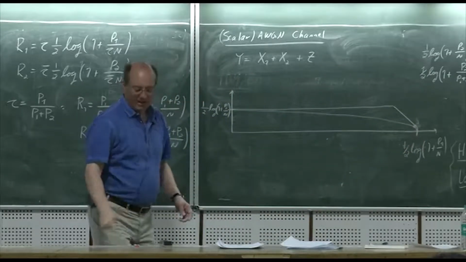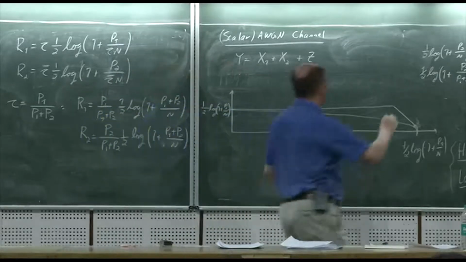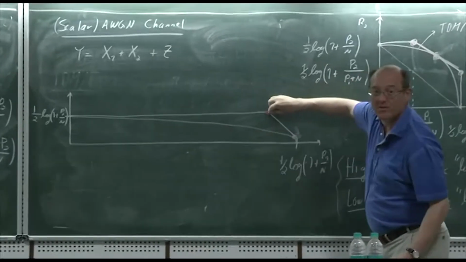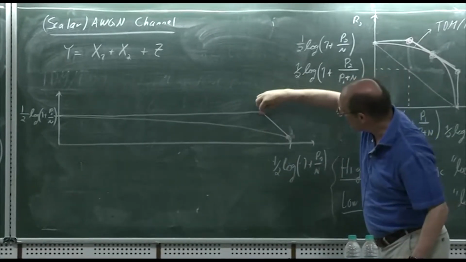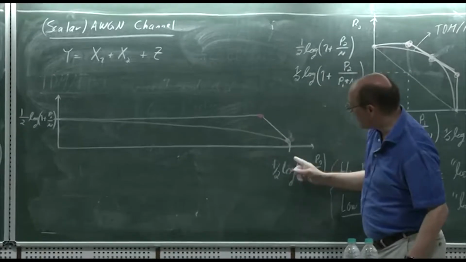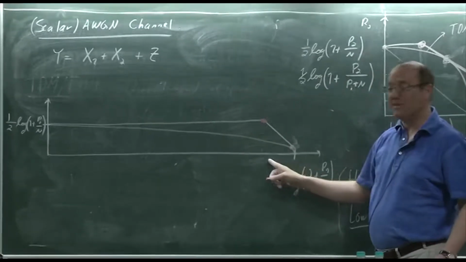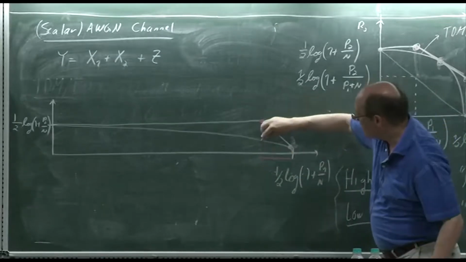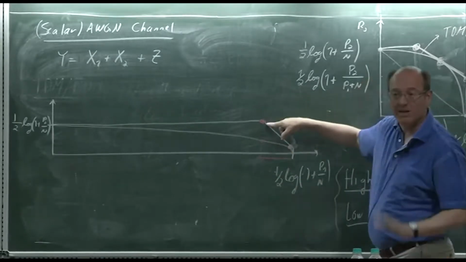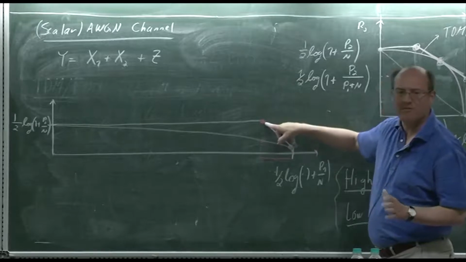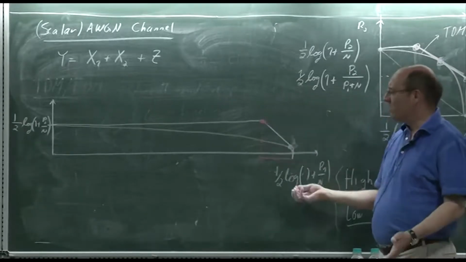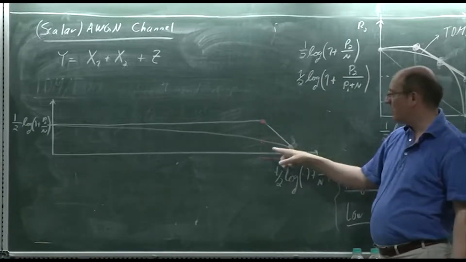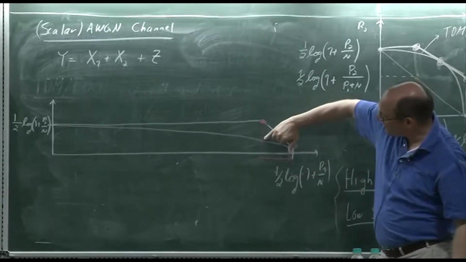Right? And now, if we use successive interference cancellation, we can still operate here. Whereas with TDM FDM, suppose we back off the strong user just a little bit. Then with TDM FDM, we're only operating at half the rate, approximately. If you measure this, it'll be about half. So what that says is, if we're interested in fairness, why should